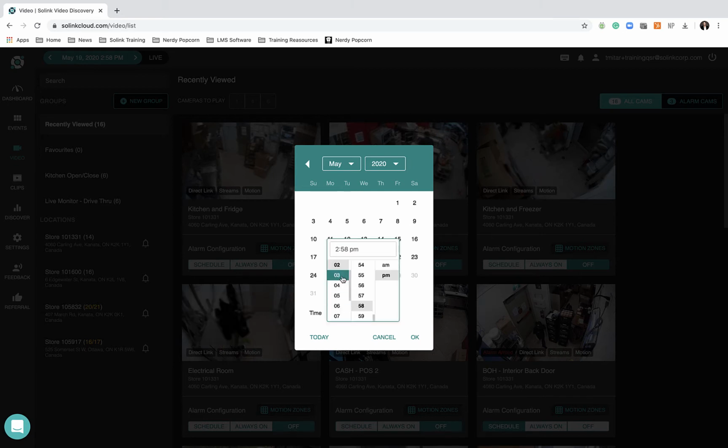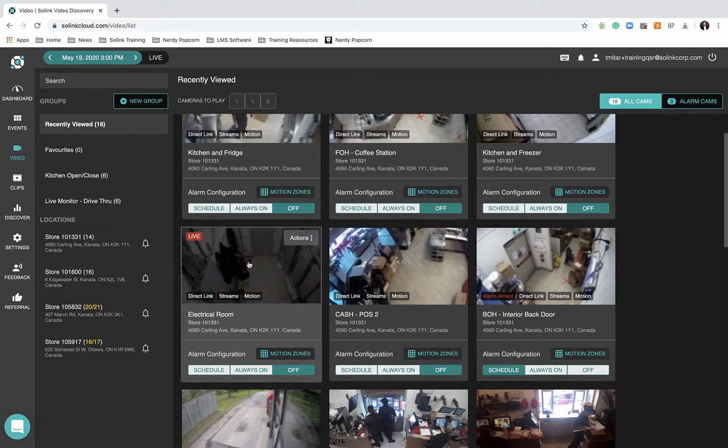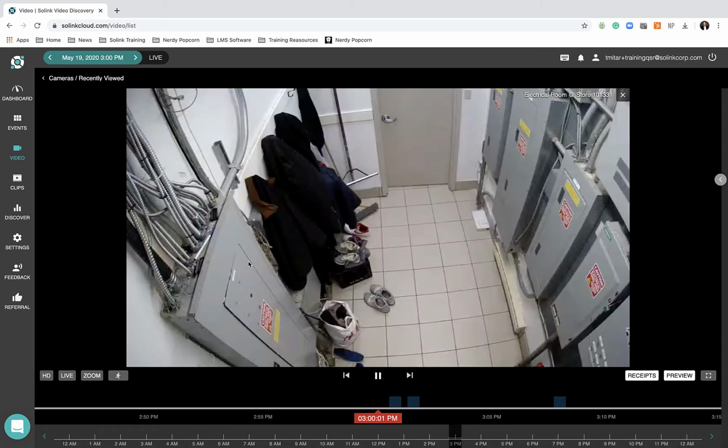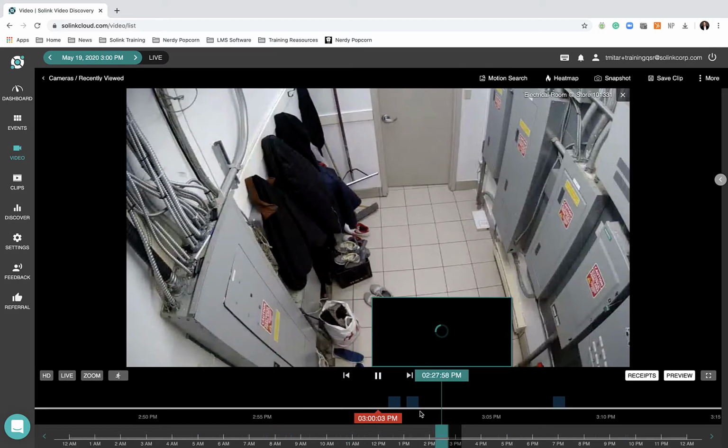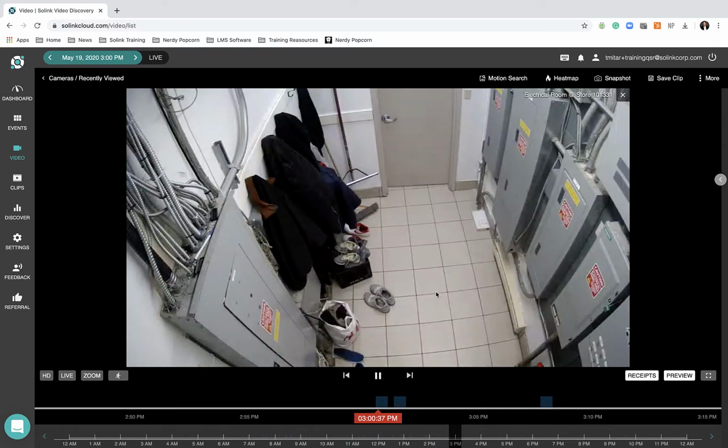We're going to actually set the time to 3 p.m. And now we click OK. Now that that date is locked in there, any video that we click will pull footage from the 19th at 3 p.m. We're going to click on the electrical room camera here. All right, now we do notice that we have some motion coming up, so I'm just going to hover over and click where that motion is. I'm going to speed things up here so we have this individual, and this is the clip that we needed